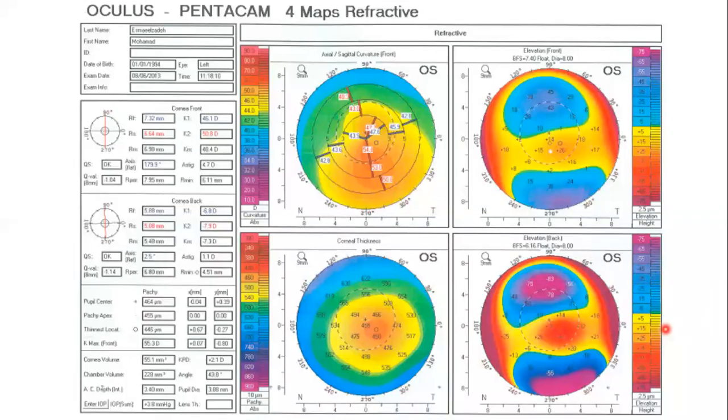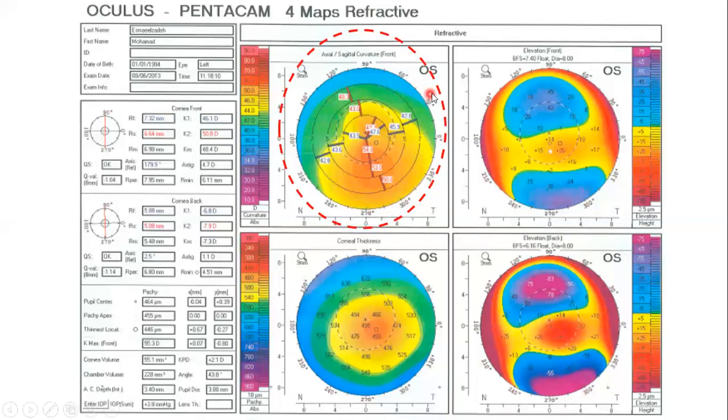This is one of the pictures that we are very used to seeing. This is a Pentacam standard picture. This is what I'm talking about, irrespective of whatever machine or topographer you're using. All topographers give you these four main pictures. The first one is the axial map or sagittal map. This map is very important. Today we will mainly discuss specifically these two maps only, because these two maps are what we need in contact lens fitting.